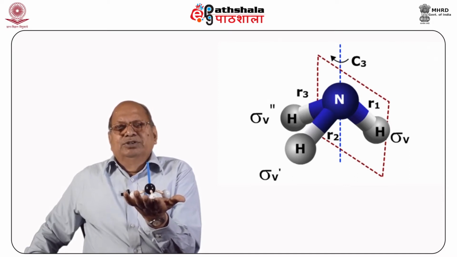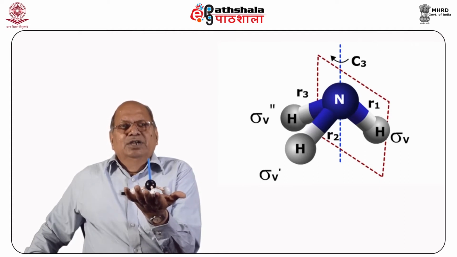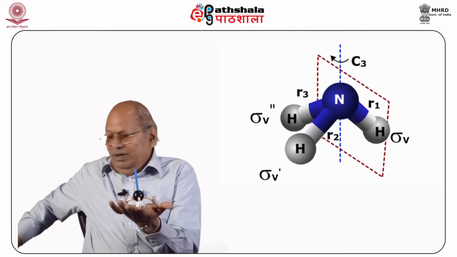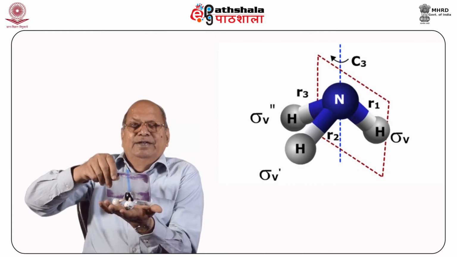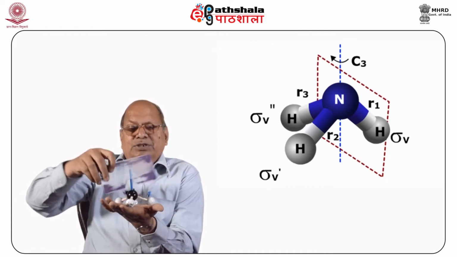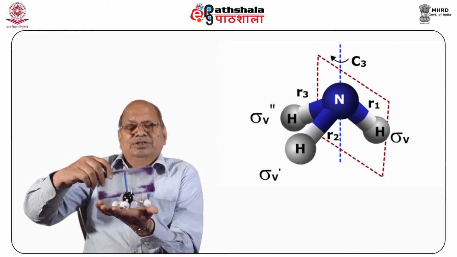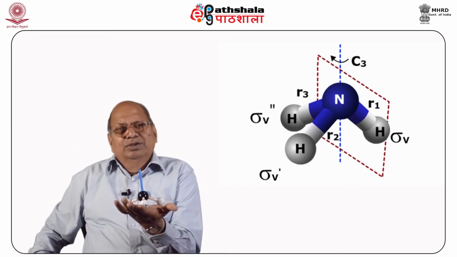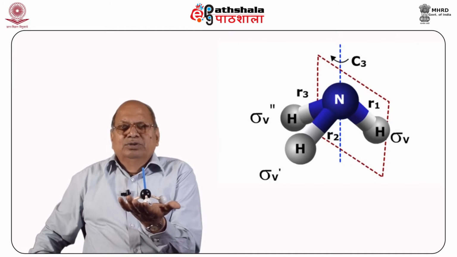In this molecule, the symmetry operations are E, C3¹, C3², sigma v', and sigma v''. C3 is shown over here, and this sigma v I can just put down like this. There are three like this, one along this, another like this and third like this. So, I am having in this molecule E, C3¹, C3², and three sigma v, and I will now go for the effect of symmetry operations on these vectors R1, R2 and R3.